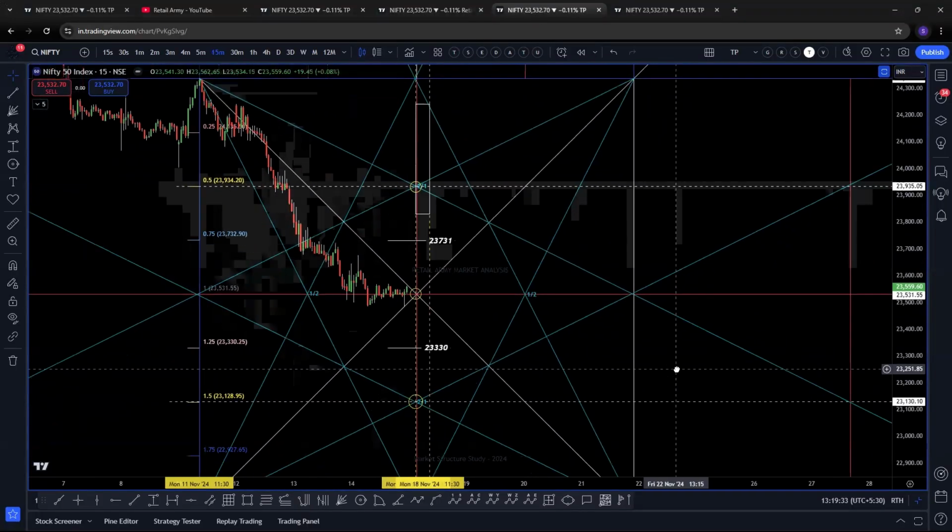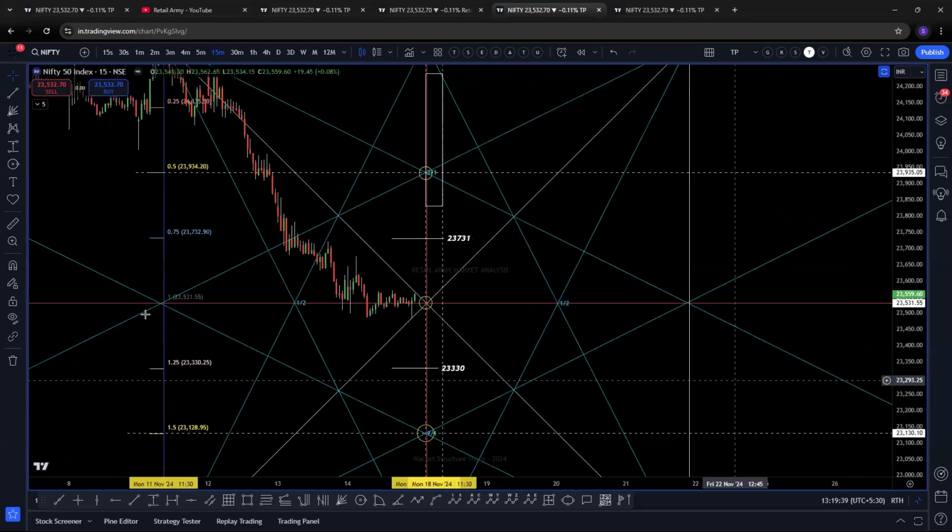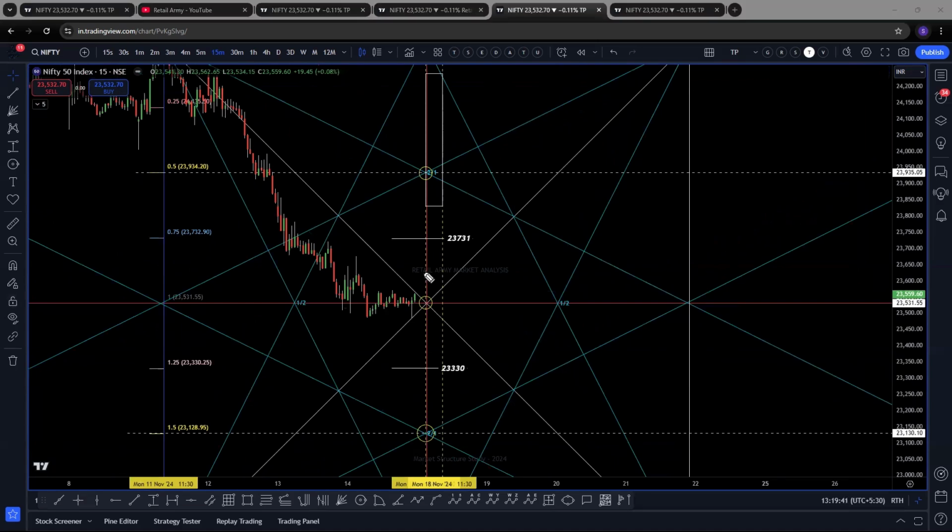Most important concept: why are we looking at some Gann levels and not all of them? Here, I have marked one important time zone. Note this time zone. This is your 18th November. Don't tell me later that I did not tell you. 18th November, morning 10:15 a.m. to